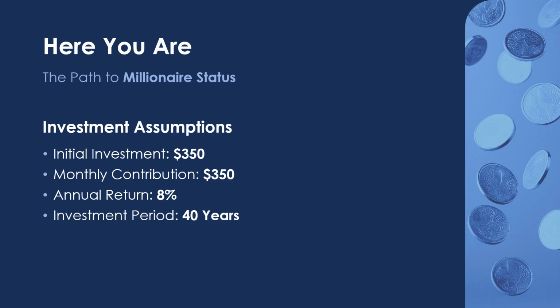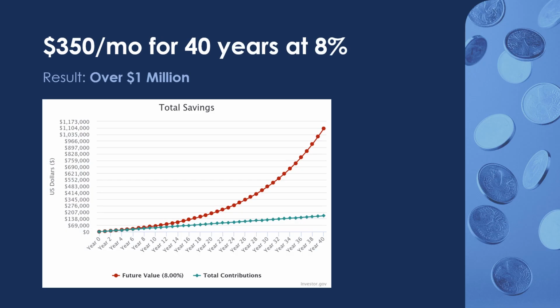We'll assume an average annual return of 8% and allow the investment to grow for 40 years. Now we'll enter those values into the compound interest calculator. Let's see what the results look like. Here are the results of our example. By investing $350 each month for 40 years at an average annual return of 8%, the investment grows to more